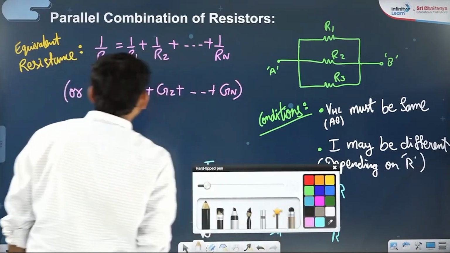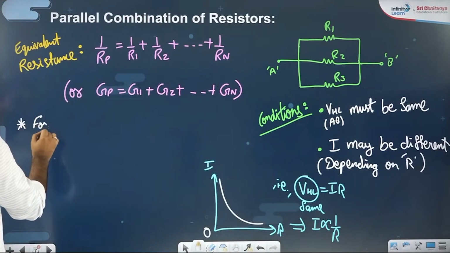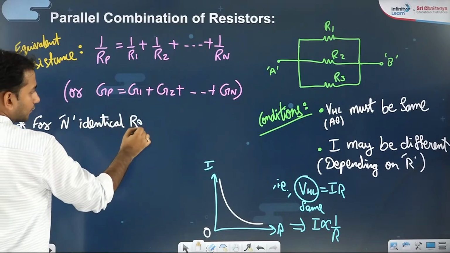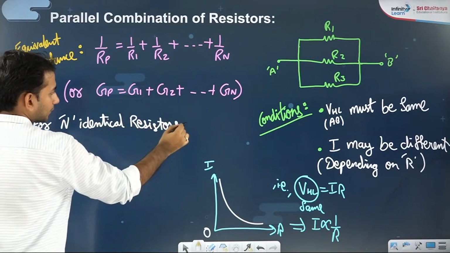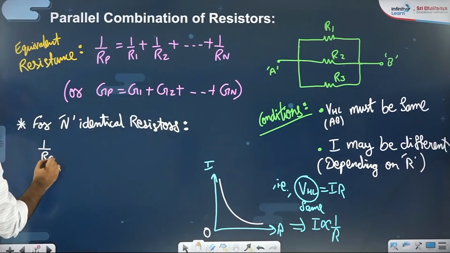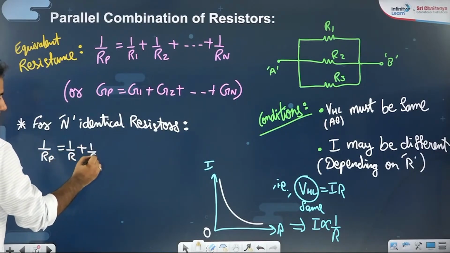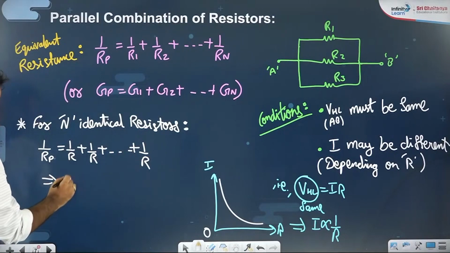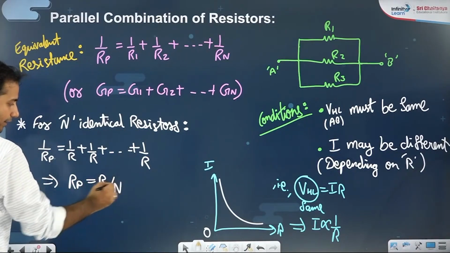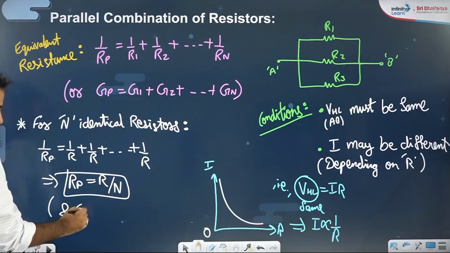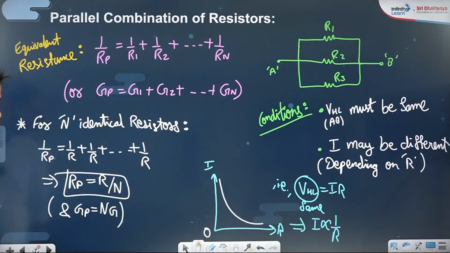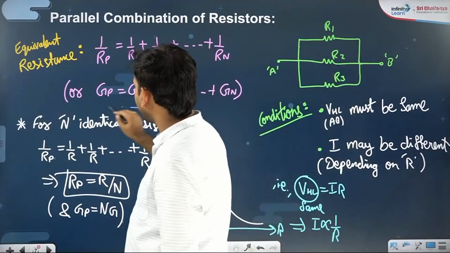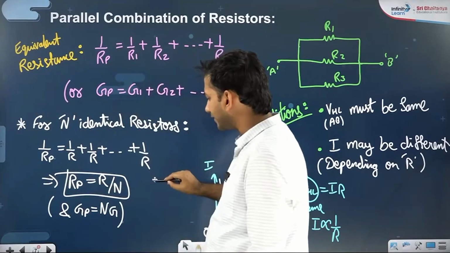Similarly, I will say that for n identical resistors, we will be having 1 by Rp equal to 1 by R plus 1 by R plus 1 by R and so on n times. So that is n by R. This implies R parallel will be equal to R by n. And remember, the G parallel will be equal to nG. Okay. So these are going to be the general relations,